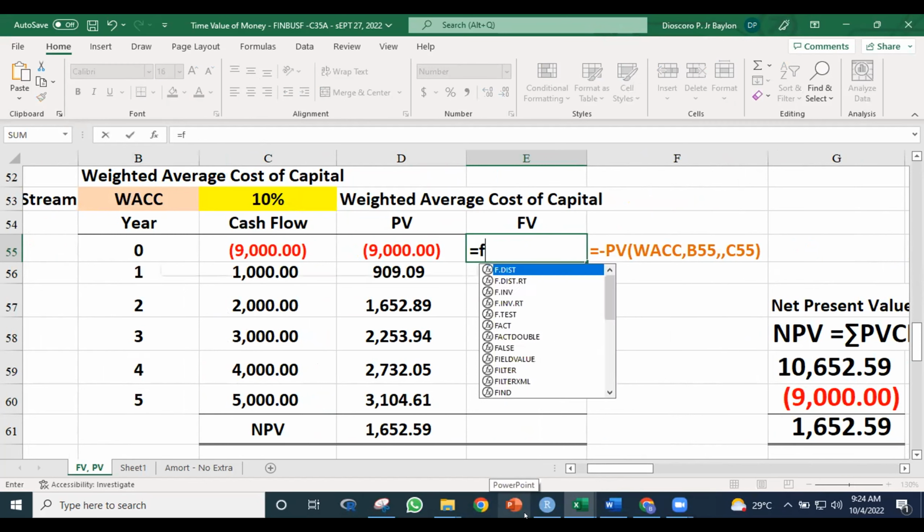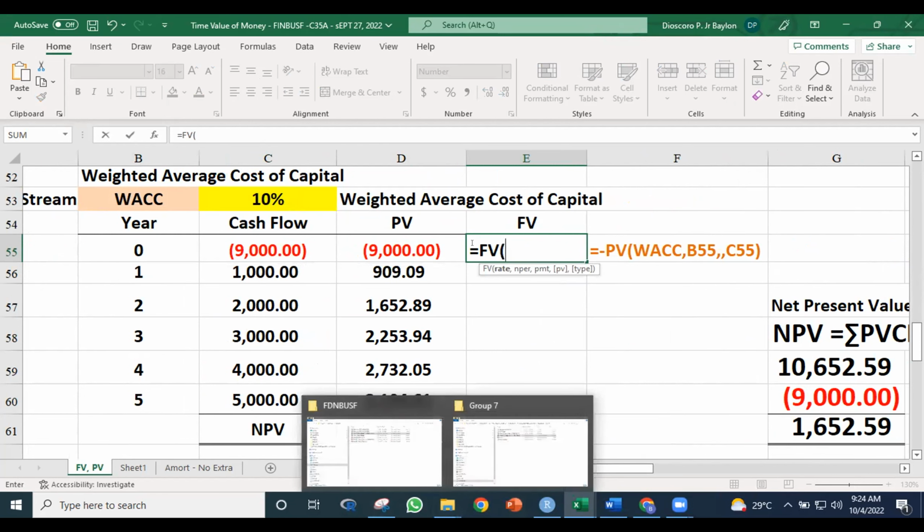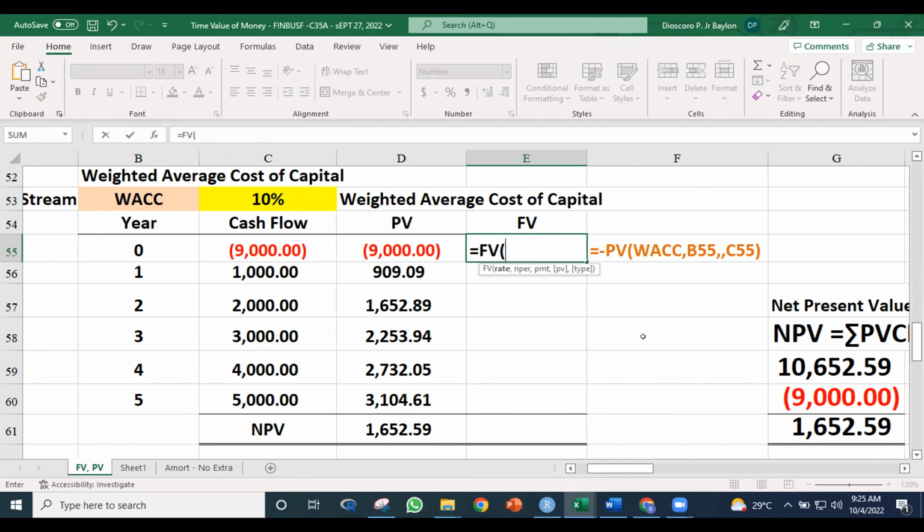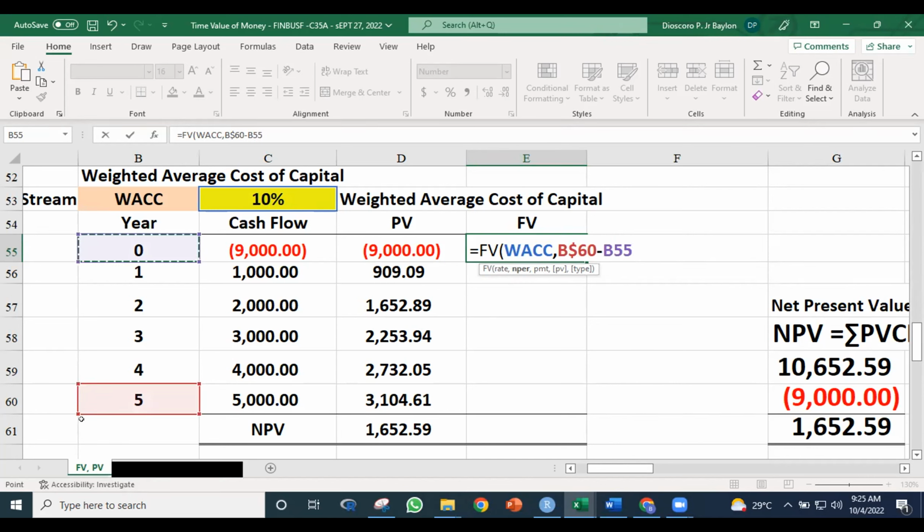Okay, so what we did by way of review was to get the future value, right? Because we can also peg it not to the present value, but to the future value. So since the project ends at year 5, then we can peg the future value at year 5. Then the rate, we use WACC, which is this one, and then Npr. Npr, we have to use this and then fix this, right? Since we're going to copy down along column E, we don't need to fix column B, since the way we're going to copy the formula is going down. So it's the rows that will change, and not the columns. So we're only going to fix the row, and then we're going to subtract that from year 0. So this becomes 5 minus 0. If we copy this down, 5 minus 1, 5 minus 2, which gives us the correct